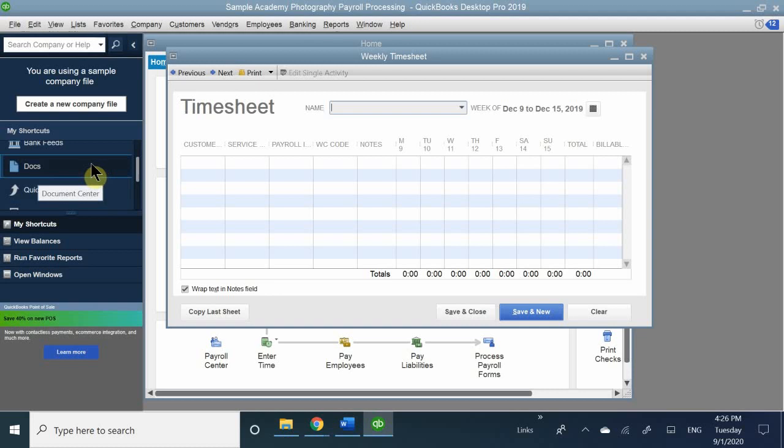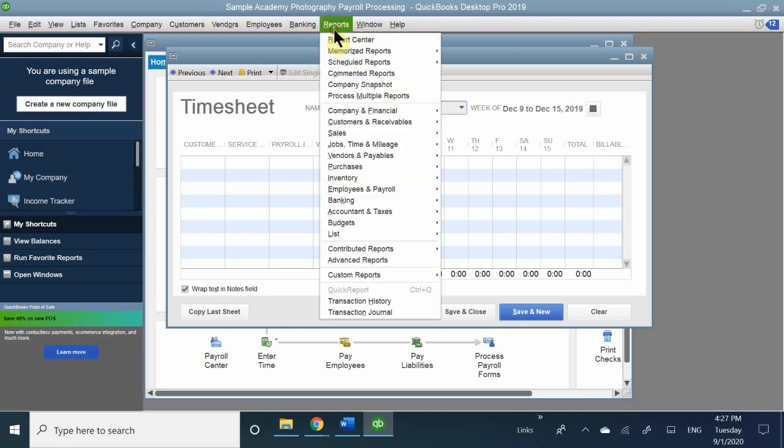Where is my report center? Oh, I think I missed it. Reports, account. No. Okay, so it's not on my icon bar, but if I go to reports at my menu bar,